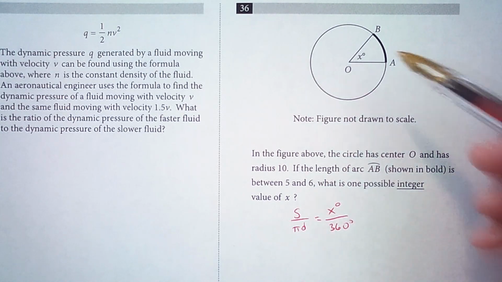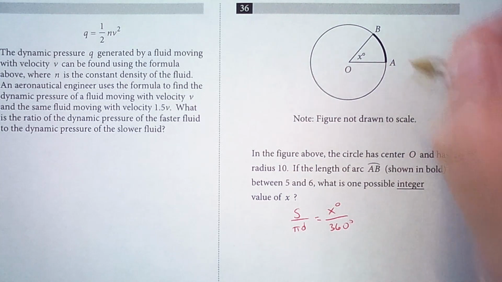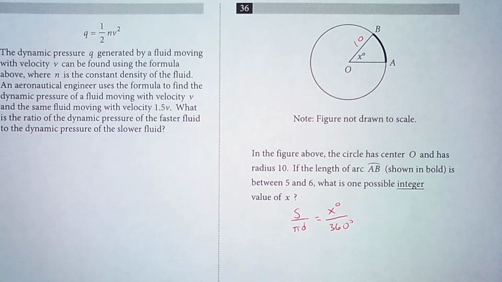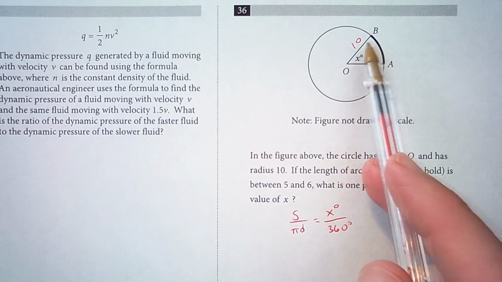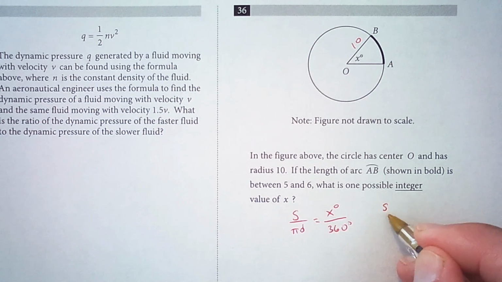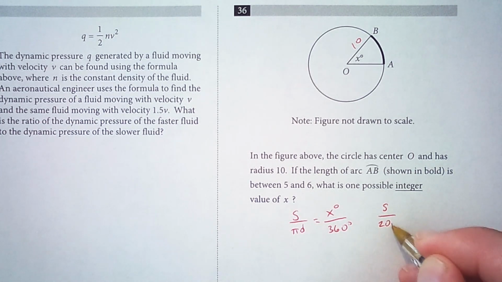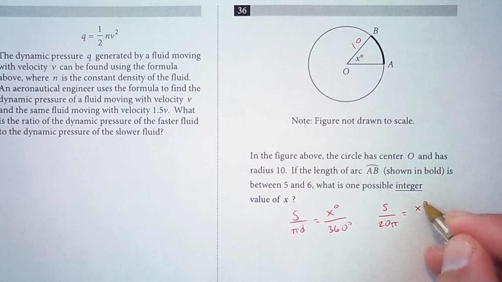So here we have center O, x degrees, and we're told we have a radius of 10. So we can put in 10 for the radius. Now 10 radius means diameter is 20. So we have S is to 20 pi, so 20 pi is the circumference, as the number of degrees is